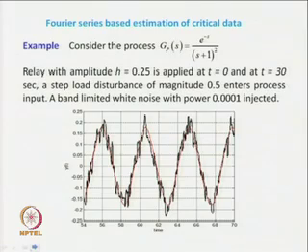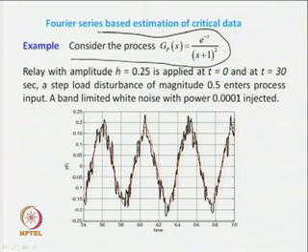I will consider an example to illustrate that point. Consider the process with the transfer function of the form G_P(s) equals e to the power minus s upon, let us take G(s), because we have been taking G(s) in our studies. So, G(s) equals e to the power minus s upon (s plus 1) squared. This second order plus dead time system or process